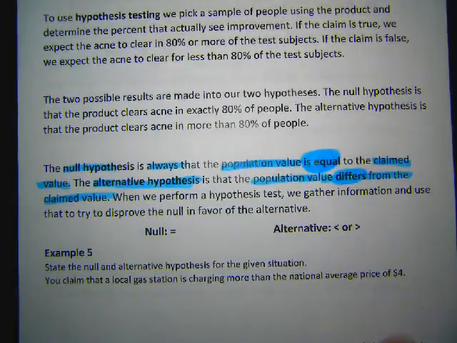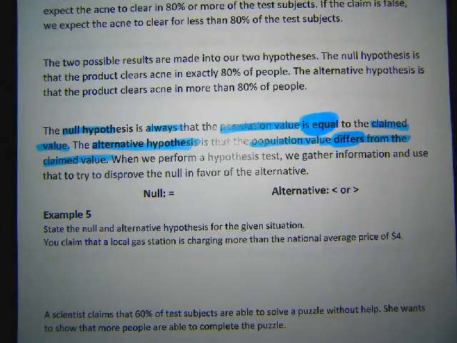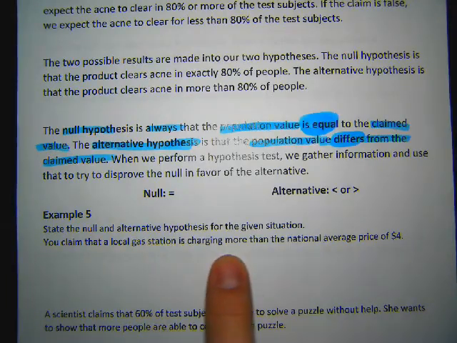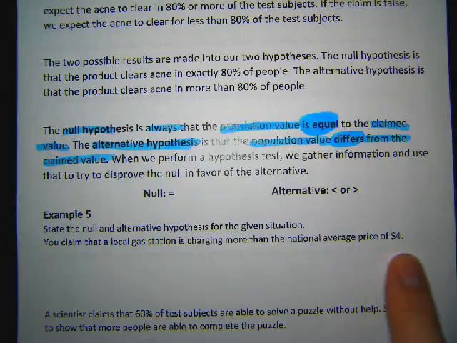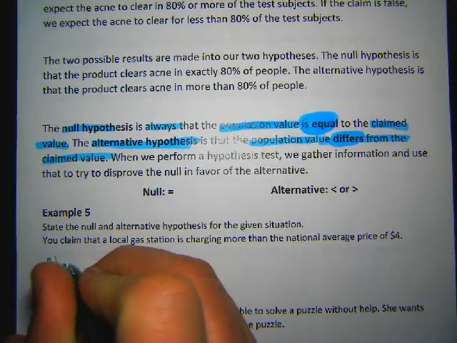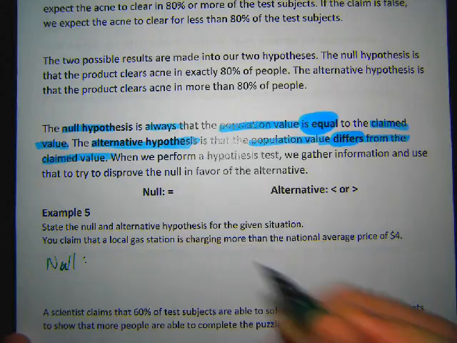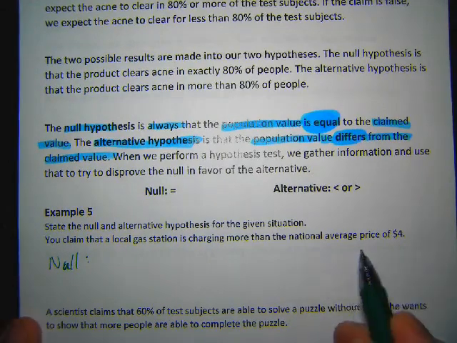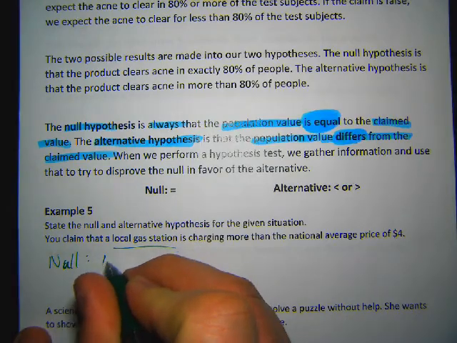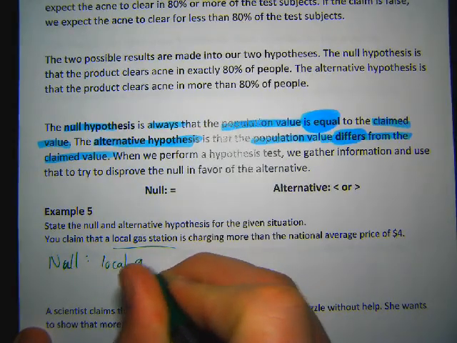So you need to be ready to state a null and alternative hypothesis. I'm going to give you some kind of claim, and you have to turn that into a null and alternative. So state the null and alternative for this situation. You claim that a local gas station is charging more than the national average price of $4. So the null hypothesis for this would be that the local gas price,